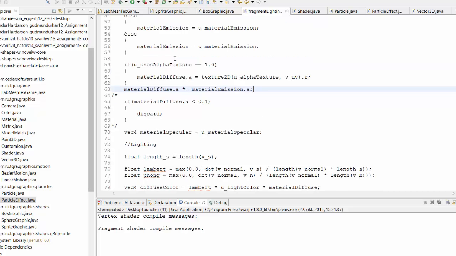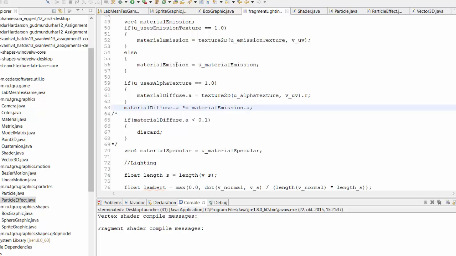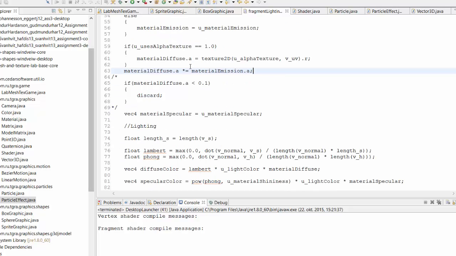Otherwise, the material diffuse will have an alpha value anyway if we set that in the shader. And I'm going to add the emission alpha value to that as well. I'm going to see how this works. Well, actually, either this, or we can instead say we're going to use the